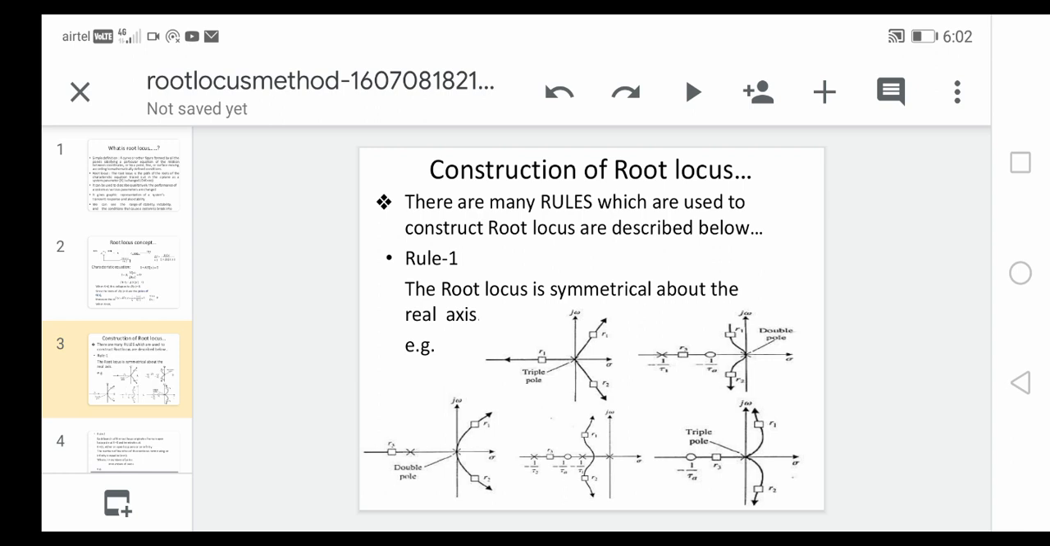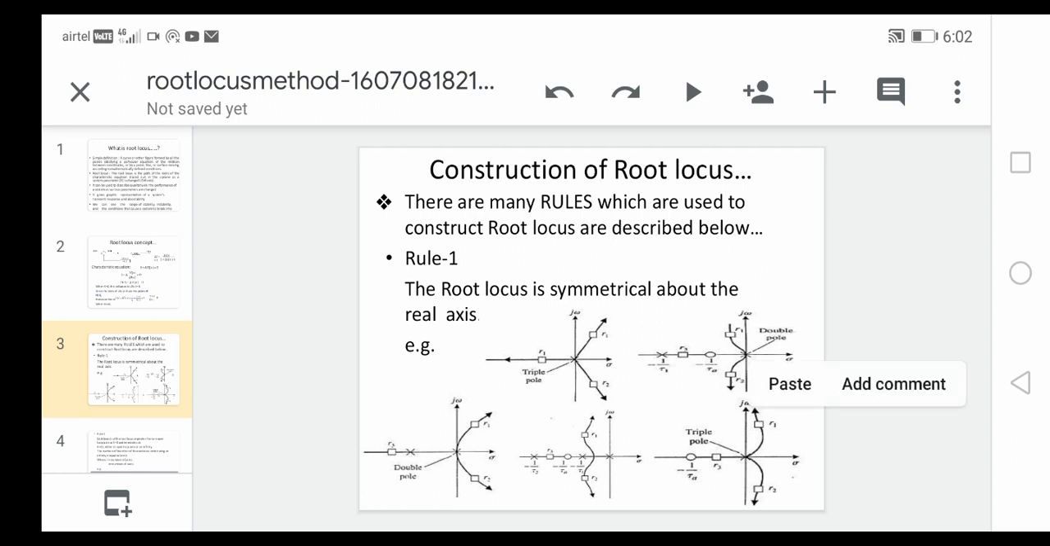Only one pole is there on the real axis, that also at the origin, and the remaining poles will be on the complex conjugate, so that where you are having a root locus is nothing but only on the left half of S plane. In the second case, where you are having a double pole, that means where we are having a root locus